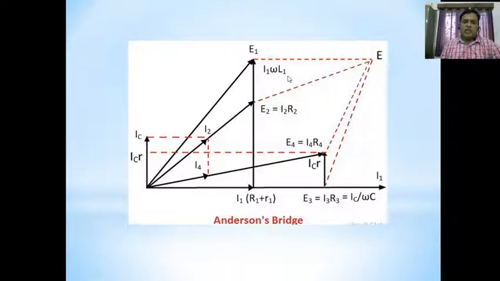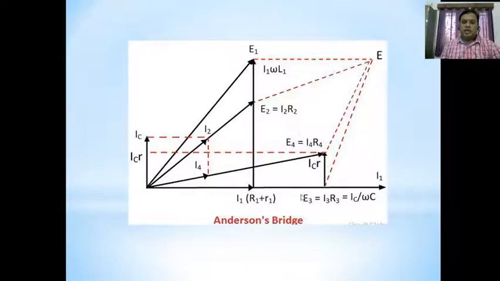And here, as E1 has the inductor with it, we have I1 into omega L1. As E3 has the capacitor in it, we have E3 equals IC by omega C. If you have resistances, we can apply Ohm's law. If you have inductances and capacitances, for the respective voltages E1 and E3, the formula differs because Ohm's law is not directly applicable here, and we write E equals I by omega C, or Z also you can write. So omega C is nothing but the impedance, and omega L1 is the impedance here.